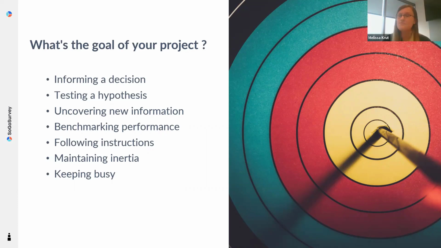It takes some work, so it's pretty unlikely that you just wanted to spend some time looking busy. It's pretty likely, though, that those pieces up at the top are the most common use cases. And it's really important because when we start to design that project, when we say start with the report in mind, all of the content that we include in that survey needs to drive that goal, needs to be relevant here. So I put together a very sophisticated model for you on the next slide,